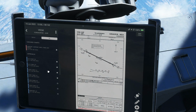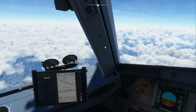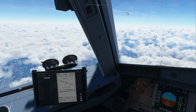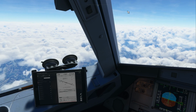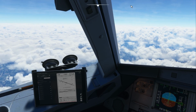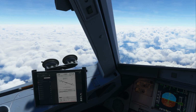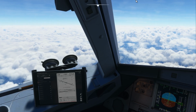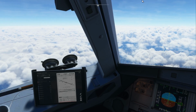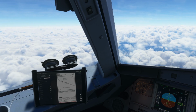SRA approach can only be flown with a controller, and it's basically the equivalent of a talk-down approach, PAR, Precision Approach Radar, whereby the controller vectors you to a final approach course, and as you approach your final approach course, he says something along the lines of cleared for the approach runway whatever. Do not acknowledge any further transmissions unless requested. And then he'll start basically giving you directions. Slightly left of centerline, correcting nicely. 9.5 miles, altitude should be 3,000 feet, etc. And he'll basically talk you down, giving you directions. 4 miles, altitude should be 1,250 feet. Slightly left of centerline, correcting nicely. Slightly below glide path, correcting nicely, etc. Until you basically go runway in sight, at which point he will go,